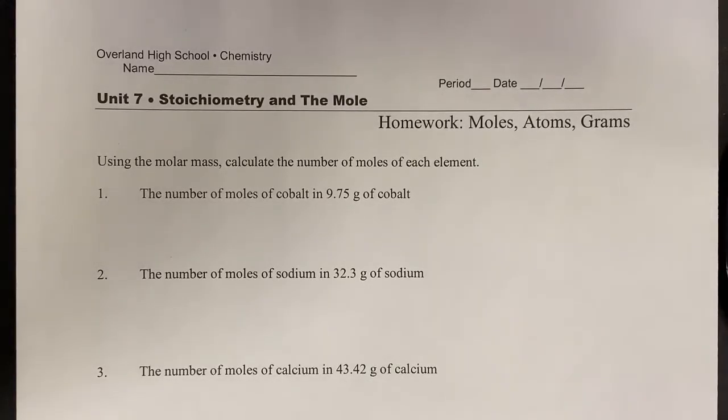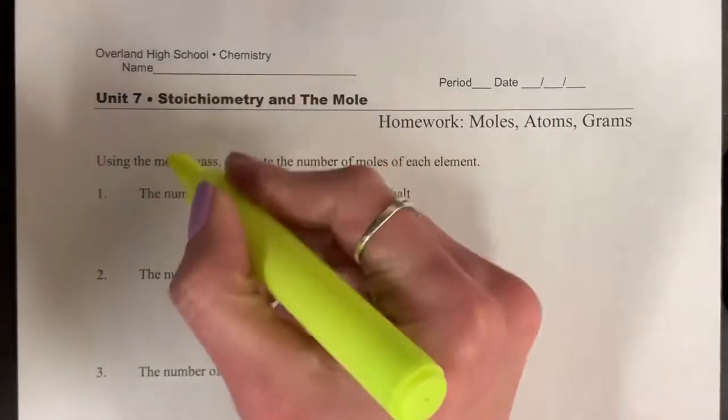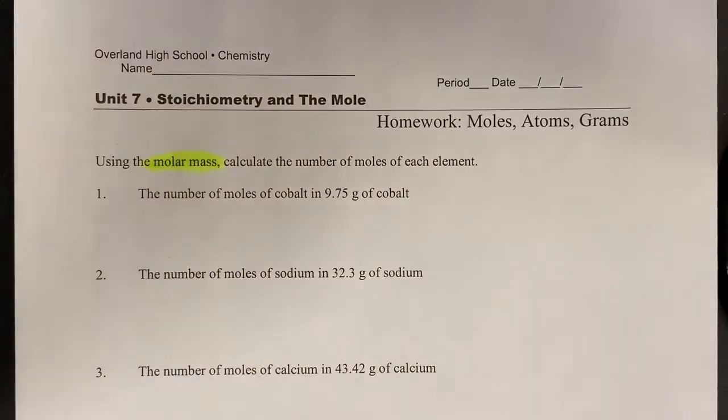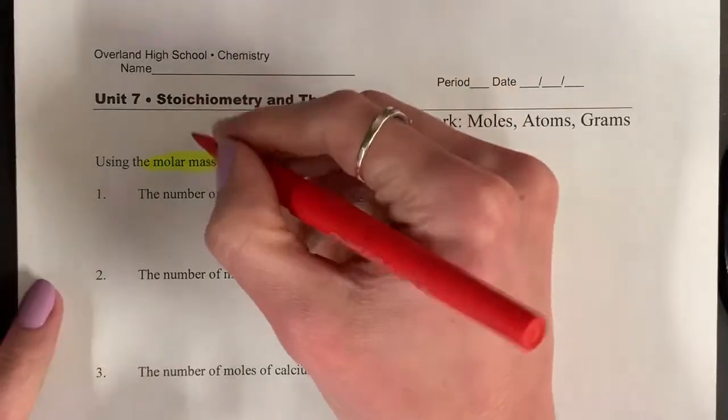So in part 1, we started talking about conceptually what a mole was. Let's talk about how we would actually do math with this to make it quantitative, okay? So we said that a mole was a way for us to count atoms, but we can't actually physically count them, so they weigh them out. And in order to weigh them out, we use this term called molar mass. So remember, anytime you're talking about mass, anytime you see the word grams,